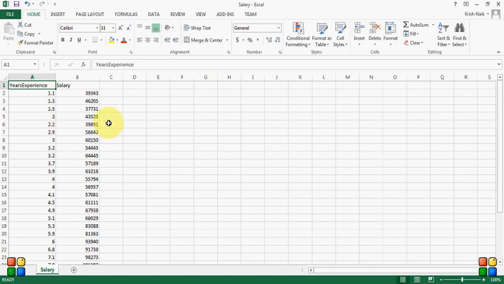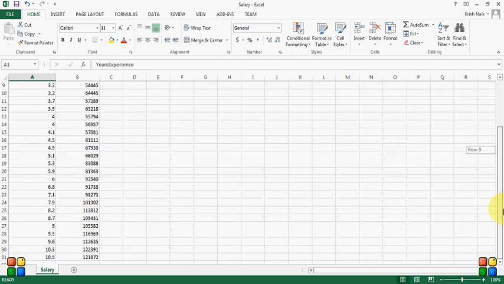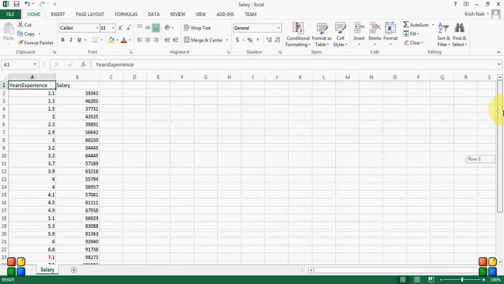Based on the years of experience, the salary changes, which I had specified in my previous session, where we were discussing various examples for simple linear regression. In that, we discussed an example of years of experience and salary. Based on the years of experience, there's a change in the salary, and this is based on the market trend. So this years of experience and salary data set is what we are going to implement in simple